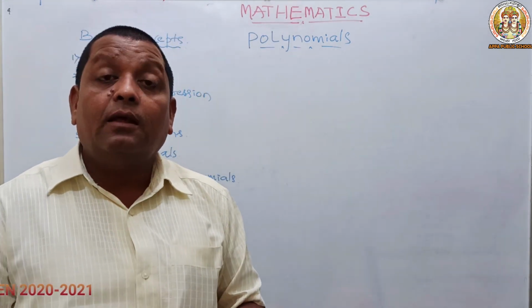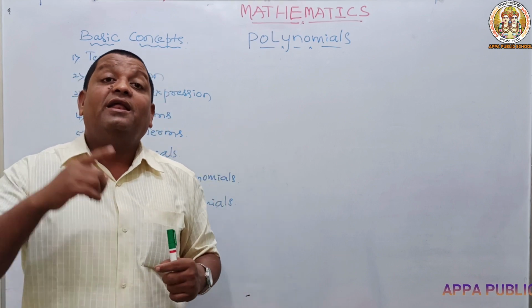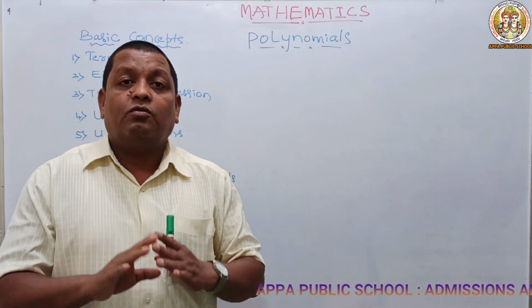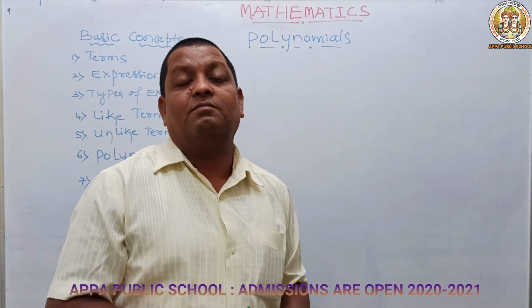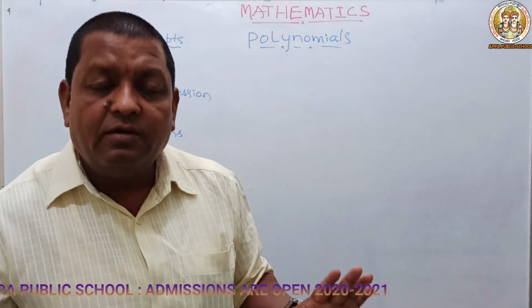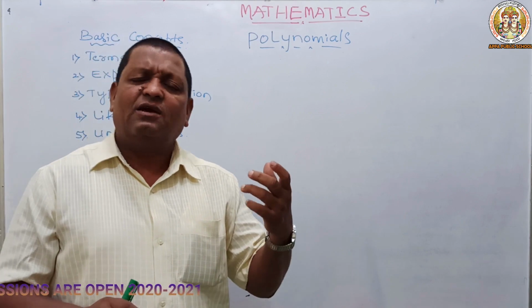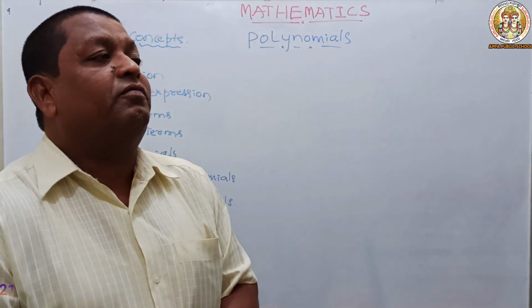What do you mean by variable? The word itself tells us variation, it varies. It means that the value is not fixed. So variables are the symbols whose values are not fixed. Take x, y, z, p, q, r, a, b, c, d, whatever it may be. They are the variables whose values are not fixed.